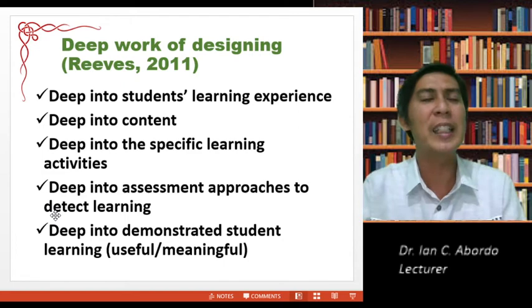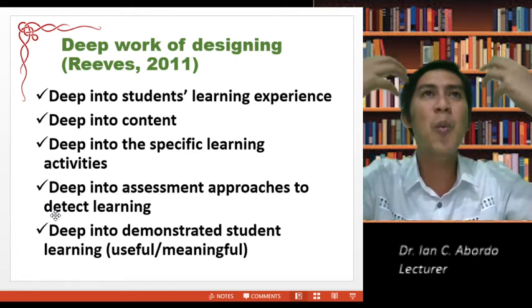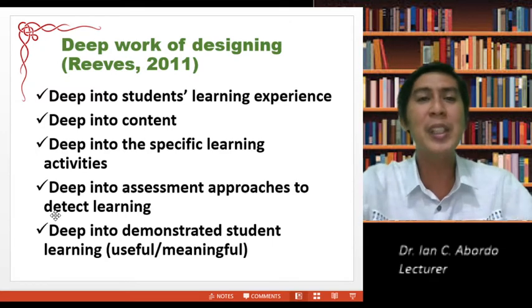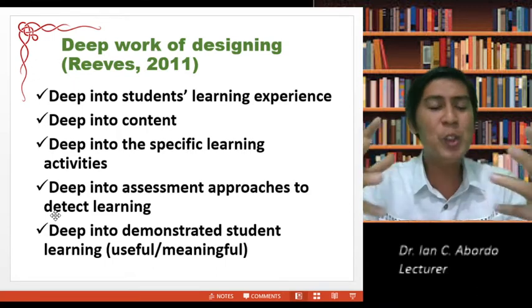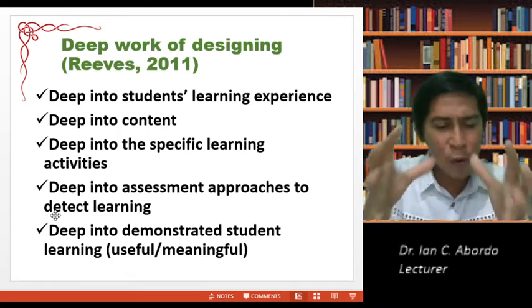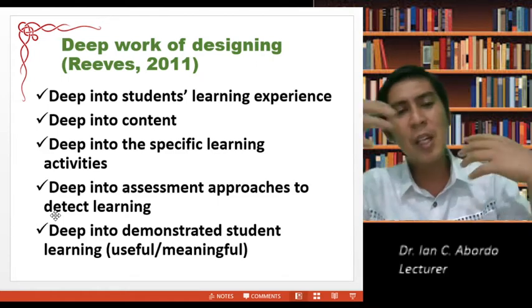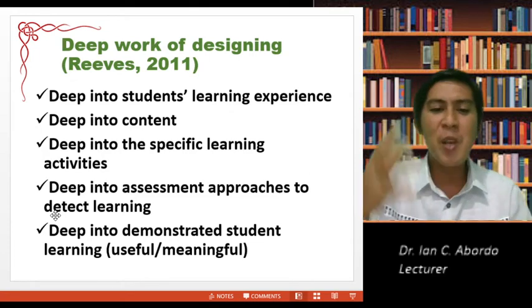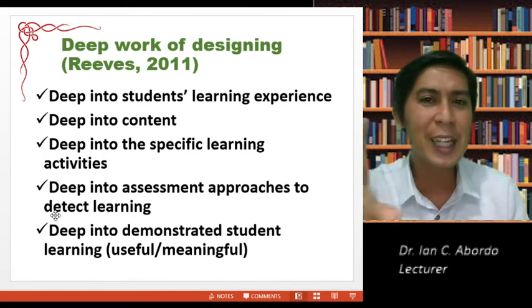We have to understand how these activities are connected to thinking, to content, and deep into assessment approaches to detect learning. We carefully choose our assessment approaches, formative, summative, and see whether they can detect learning. Is your true or false detecting learning?